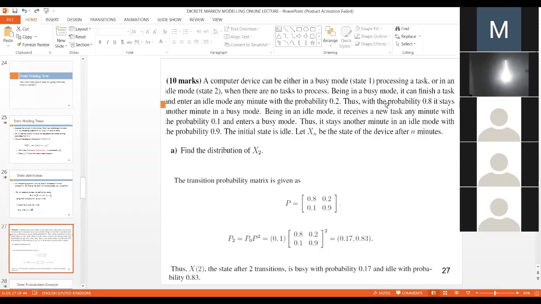Now, with the probability of 0.8, it stays in the busy mode. Being in an idle mode, it receives a new task within any minute with a probability of 0.1 and enters a busy mode. Now, it stays another minute in the idle mode with a probability of 0.9. Here is the initial state of the process. So it says if initially the state is idle, so it says initially if your state is